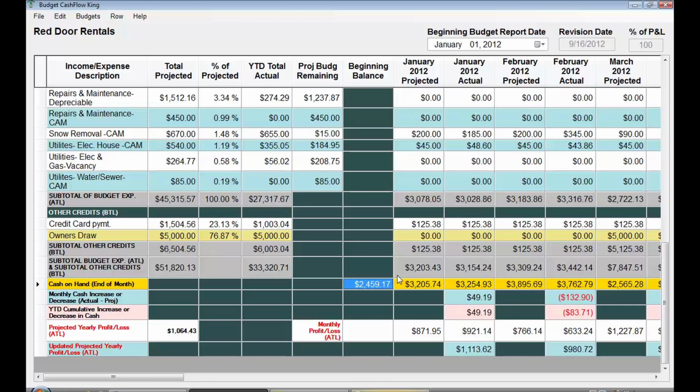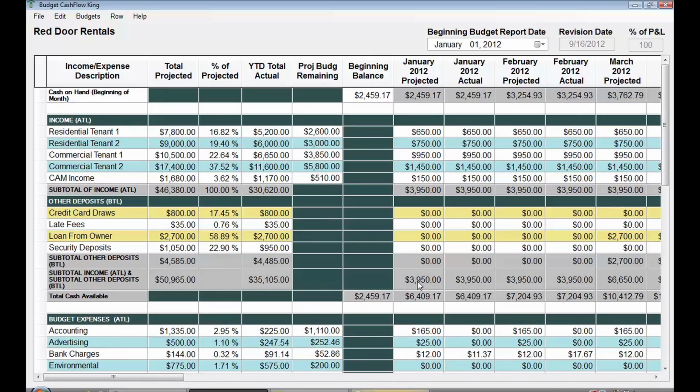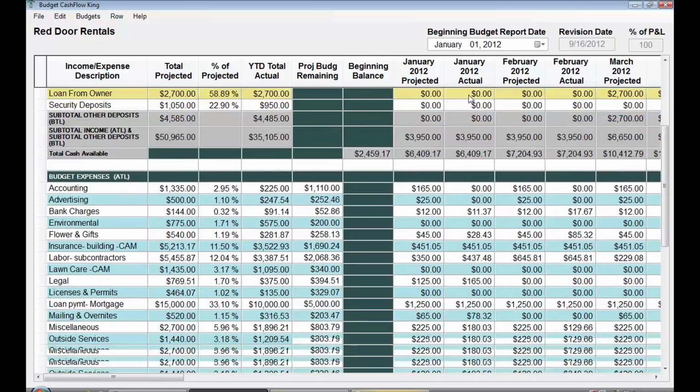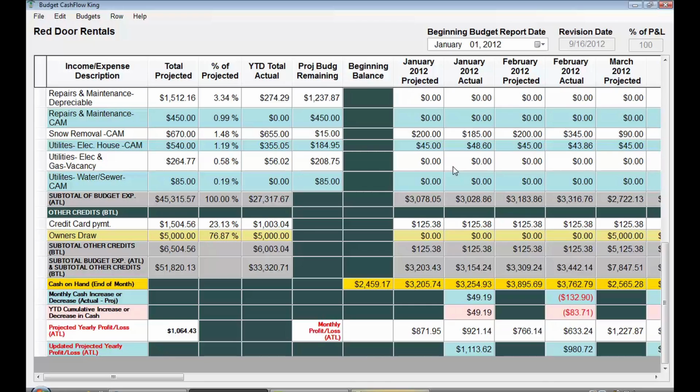Now, when you look at this number, we're going to go to this first column and go all the way to the top. That number comes over to show you the beginning cash you have at the beginning of January. And since that was an actual number of what you actually had in cash, and this is an important thing to remember, actual cash goes in both the projected and the actual, because you're projecting a number you already know, which is actual. As that comes down this column, you'll see at the end of January,